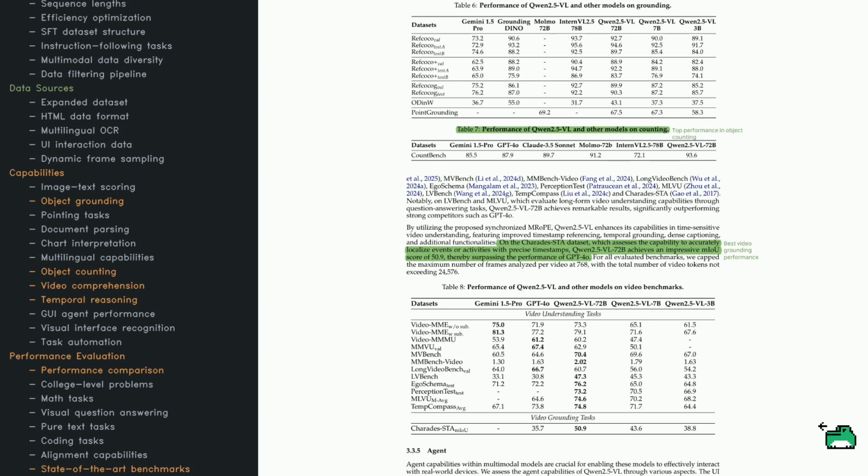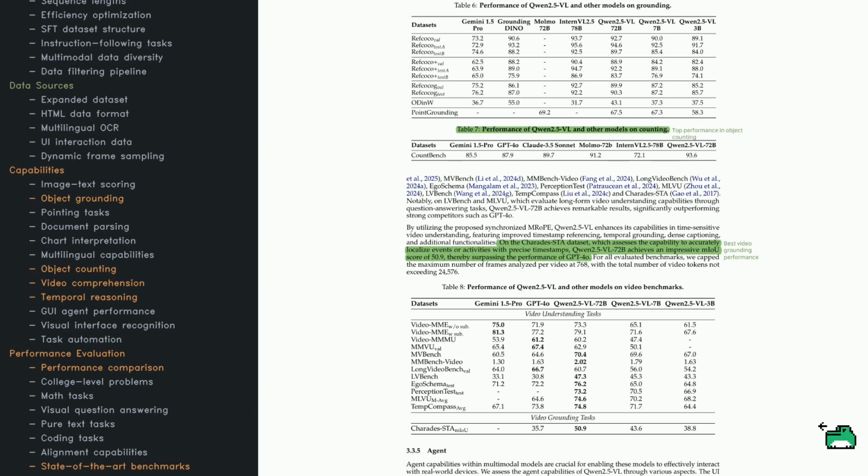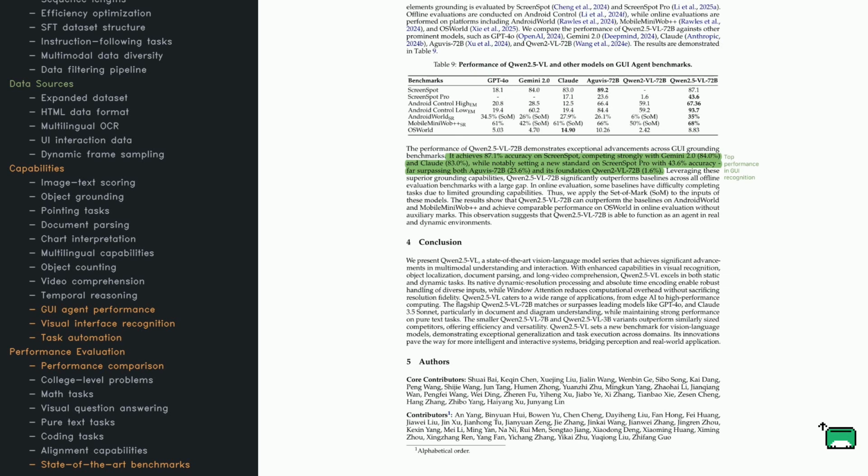For MVBench, which tests multi-view reasoning, it led with 70.4, and in tasks like Charades-STA, a video grounding benchmark where you find specific actions at exact timestamps, Qwen2.5-VL 72B scored 50.9, even beating GPT-4o. Impressive, right? That's state-of-the-art in locating and interpreting events in video. Finally, let's talk about